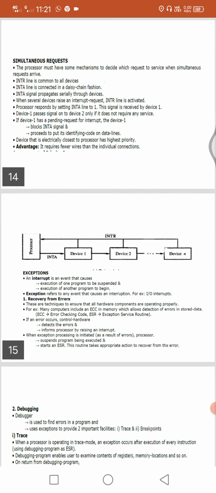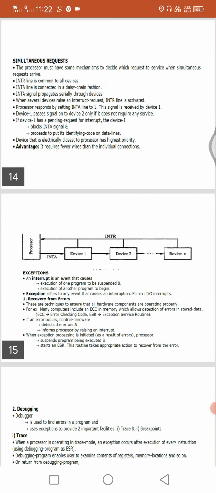Device 1 passes the signal to device 2 only if it does not require any service. If device 1 has a pending interrupt request, it blocks the INTA signal and proceeds to put its identification code on the data lines.